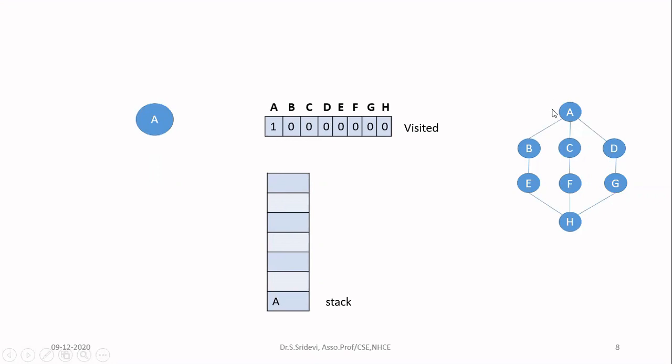So first I'm selecting the node A. Whenever I select the node A, I'm going to push it onto the stack. So first I'm pushing A on the stack. After that, I have to mark visited of A is equal to 1. Now you can see here visited is nothing but a 1D array and the size of the array is equal to the number of nodes in your graph. Here I have nodes from A up to H. There are totally 8 nodes. So I am selecting an array visited with 8 entries. The first entry will be at the index 0, second will be at the index 1 and so on. And here first I am selecting A. I am pushing A onto the stack. Then I am marking visited of A is equal to 1.